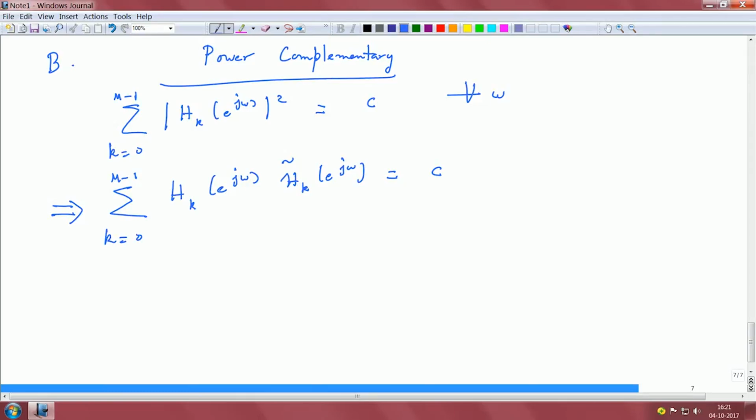But if you carefully observe this transfer function, then you can see through inspection this is like my H_k with F_k, where H_k is the analysis filter and F_k is the synthesis filter, which is a conjugate of the analysis filter, right. So, from a perfect reconstruction perspective,